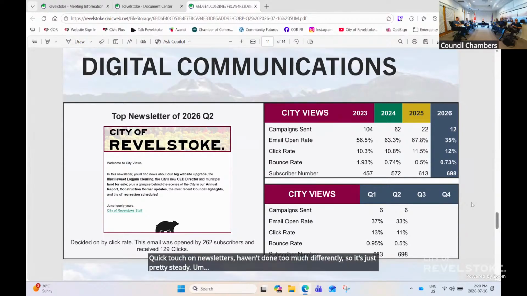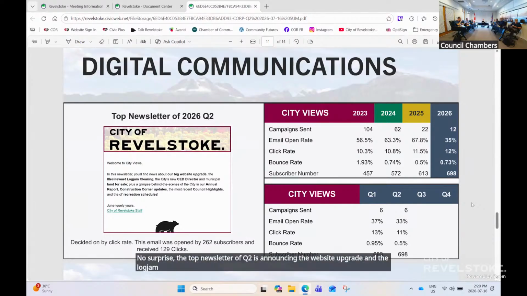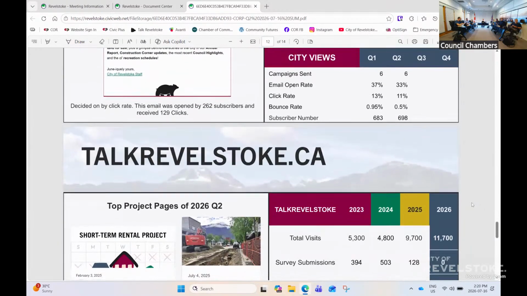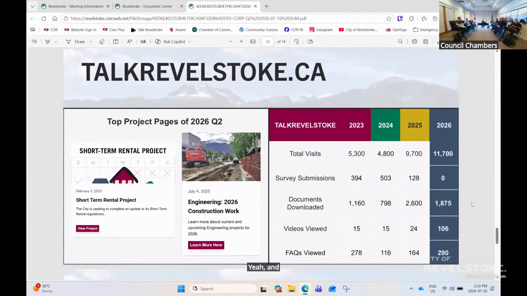No surprise, the top newsletter of Q2 is announcing the website upgrade and the logjam clearing. Very steady there. Yeah. And then over at Talk Revelstoke,